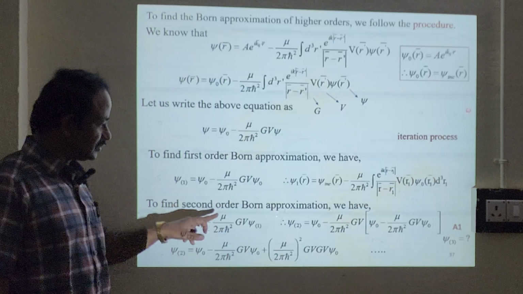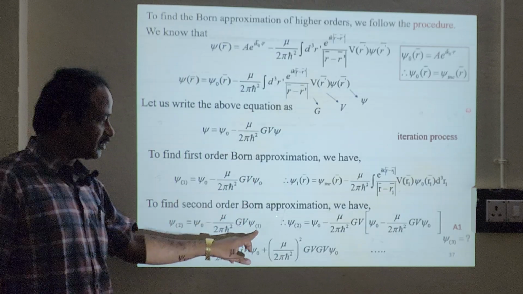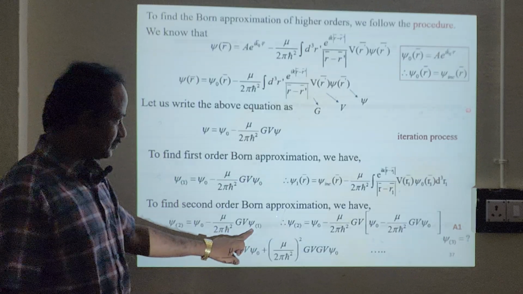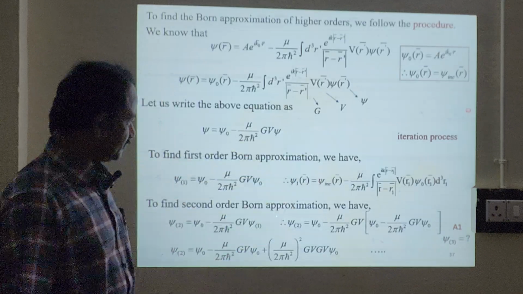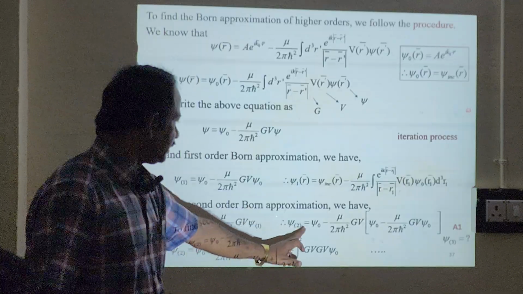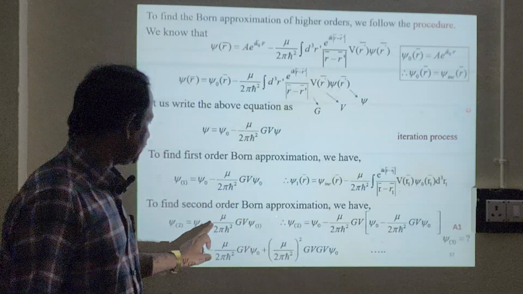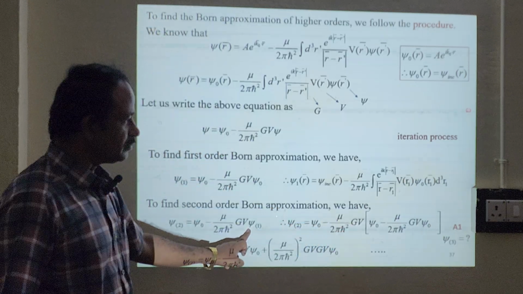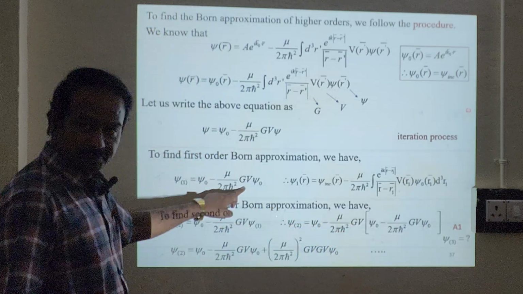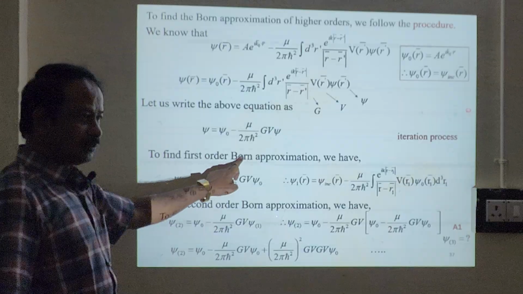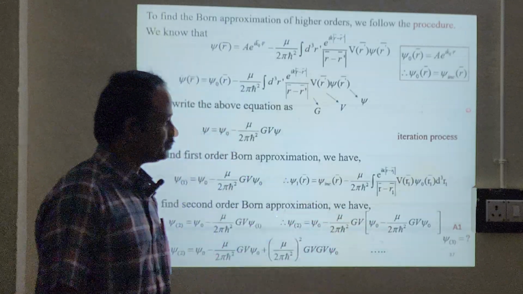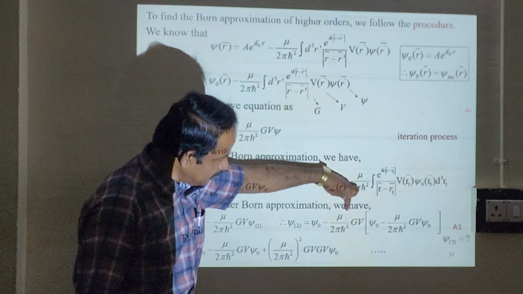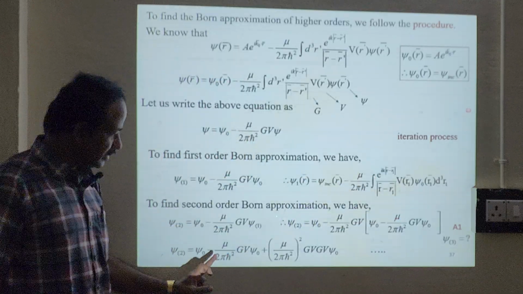For the second order, as I said, instead of psi naught, you will have to replace with psi 1. Already we have psi 1 here. Now we will see. Psi 2 equals psi naught minus mu divided by 2 pi h bar square, your GV. What is psi 1 of R? Psi 1 of R is nothing but this one. You just replace this one. So you multiply this by this, multiply this by this,